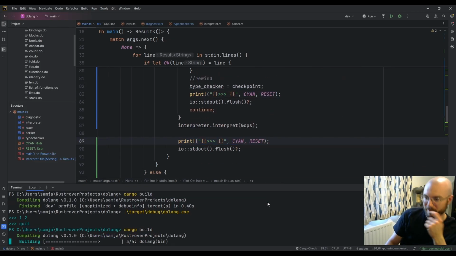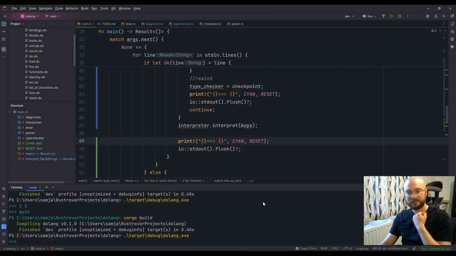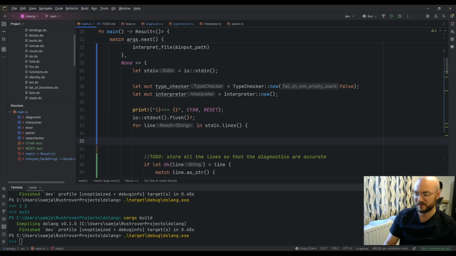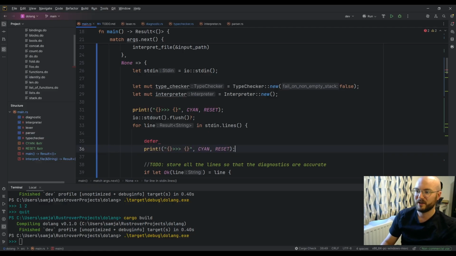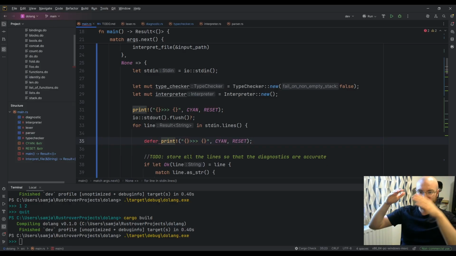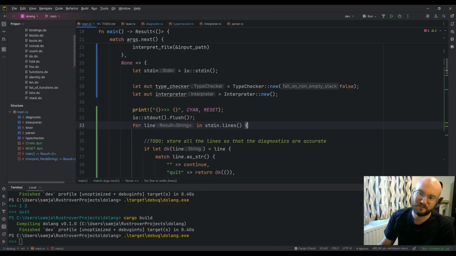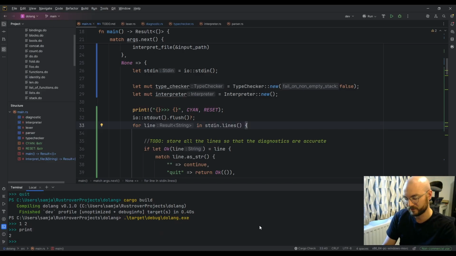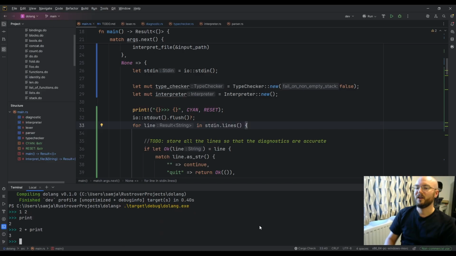It does feel like there should be a better solution though. Really what I need is defer. At the top of the for, I just need to say defer print this, so that every time we leave the scope of the loop, it prints this. But Rust doesn't have defer because it's a coward's language. There we go. That's nicer. Oh well, that only printed that one, so we can just do 2 plus print. This is really cool that this works.